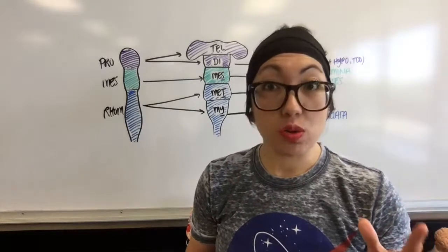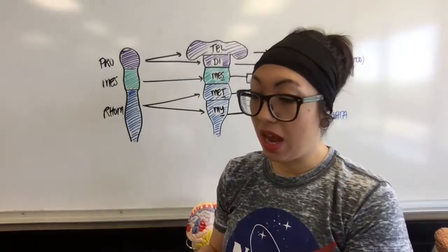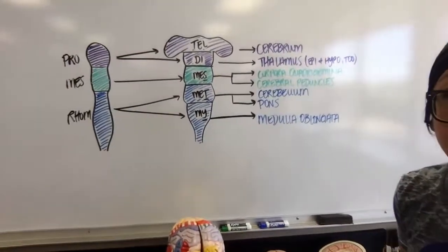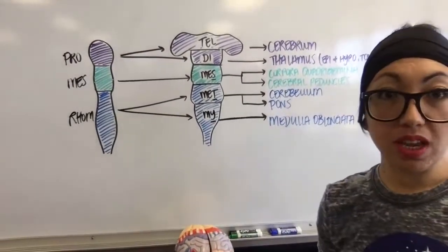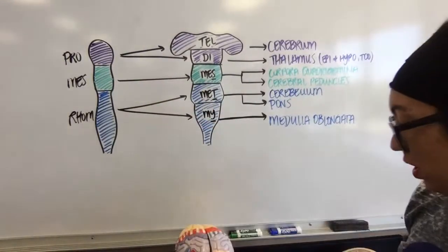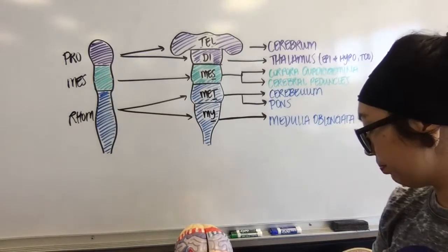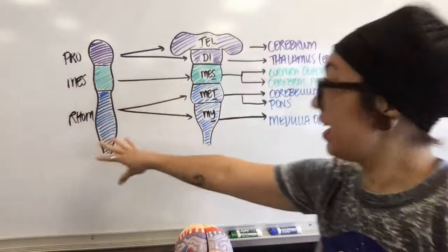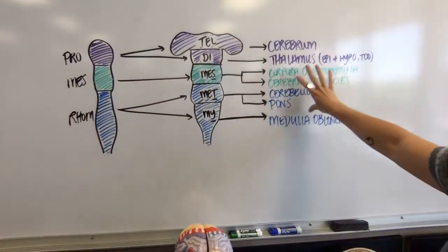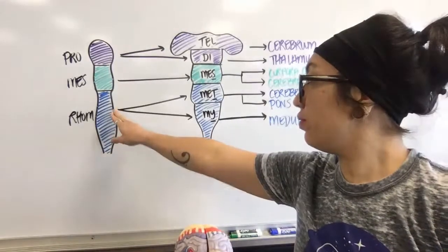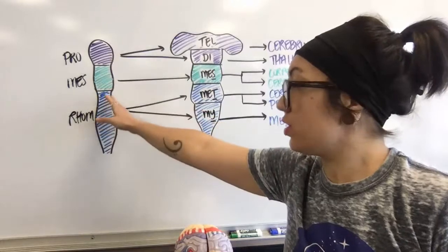Let's start with the embryological development of the brain. And so what I've done here is I have drawn out, kind of loosely, what you see in your lab manual right here. We have the primary vesicles right here, the secondary, and then these would be the mature brain regions. Here, these vesicles, I should say,